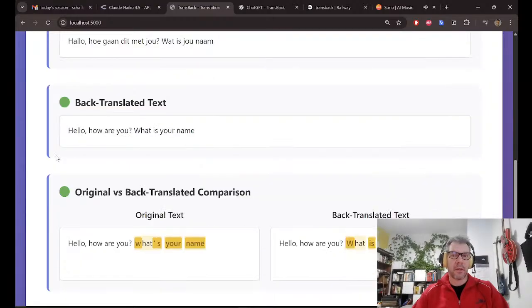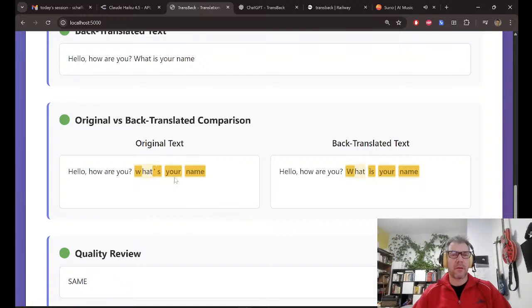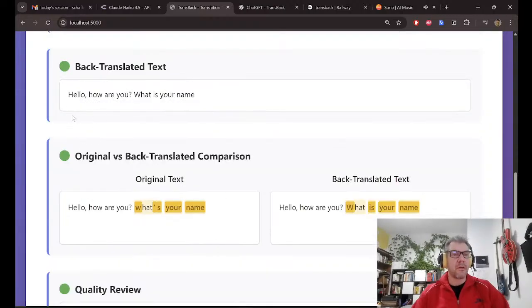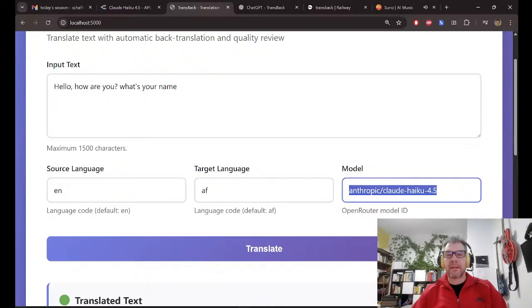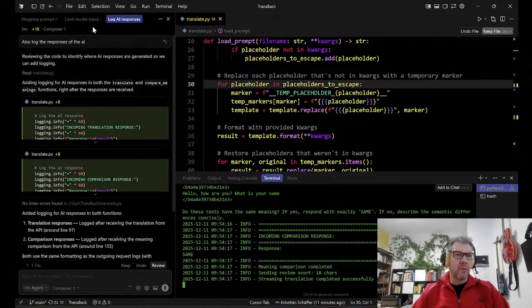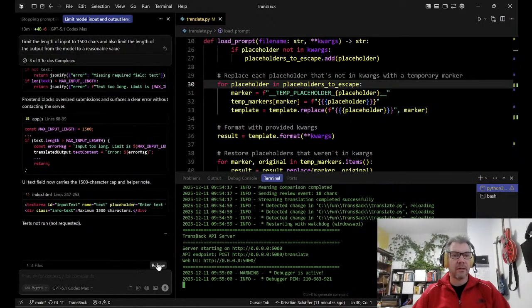It's working and it's quicker. Okay, great. Hello, how are you? What's your name? What is your name? Yeah, the coloring could be better, I think, because those are the same, but strongly colored. But yeah, let's work on that later. Seems like okay. So let's say that we have two working models, and that means we can go back. The issue was not in our system, it seems, but it is somehow related with the OpenAI model. We can work on it later, but for now,